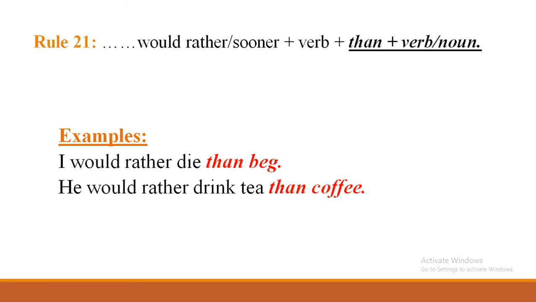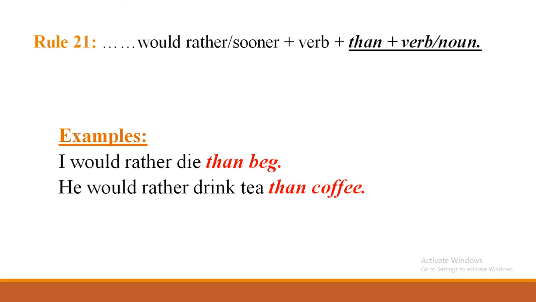And students, you have to remember this is not then. What you make mistake is then and than. This is than, THAN. This is a conjunction. Don't forget this. The word before than, if that is a verb, then you have to write the answer as a verb. But if you get a noun, then your answer will be a noun.